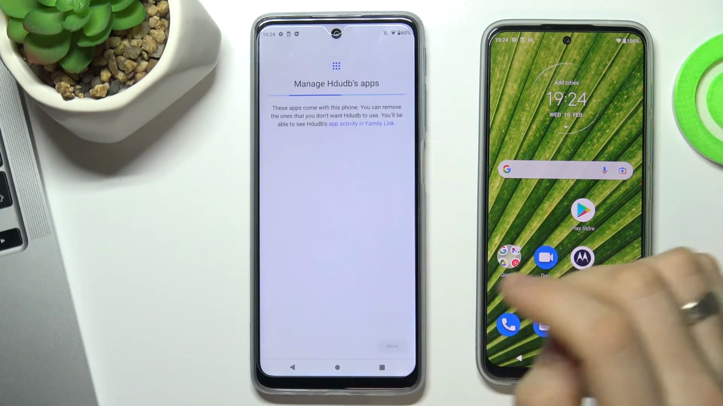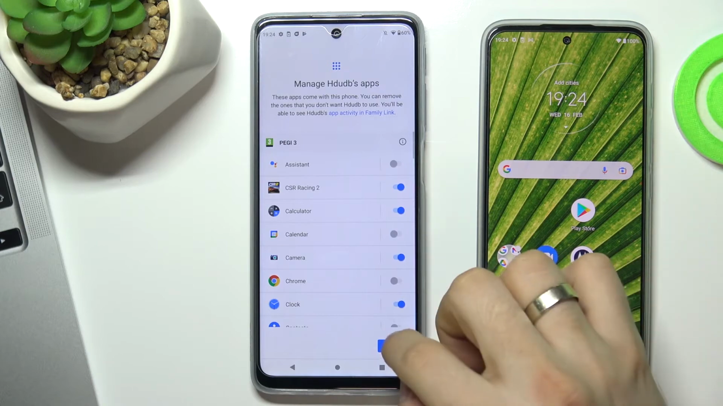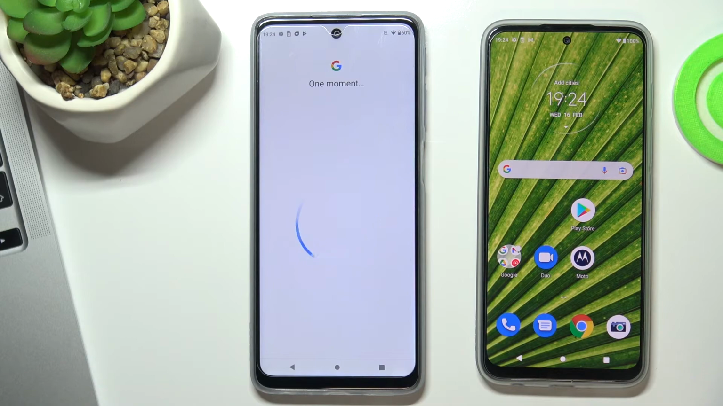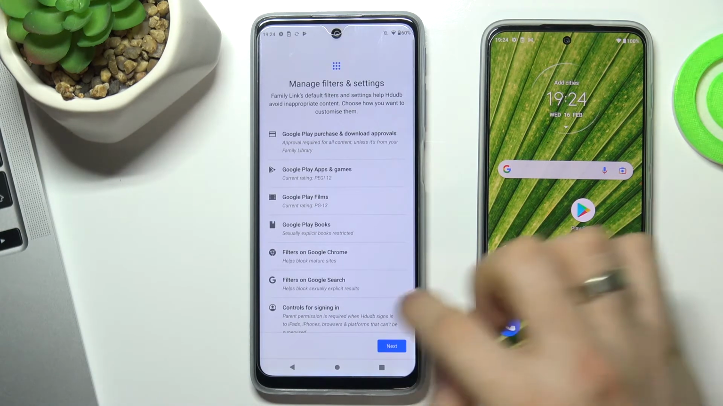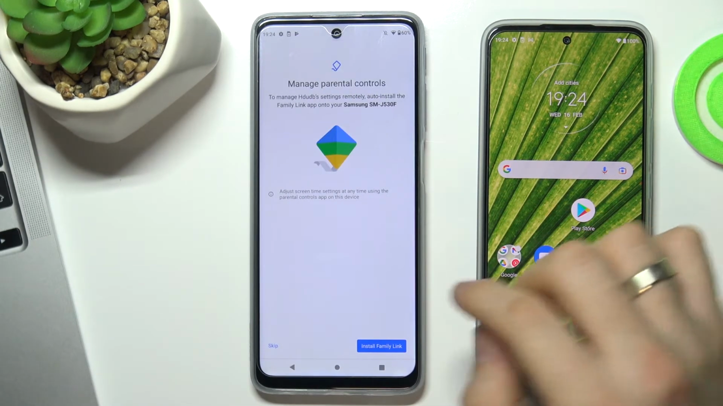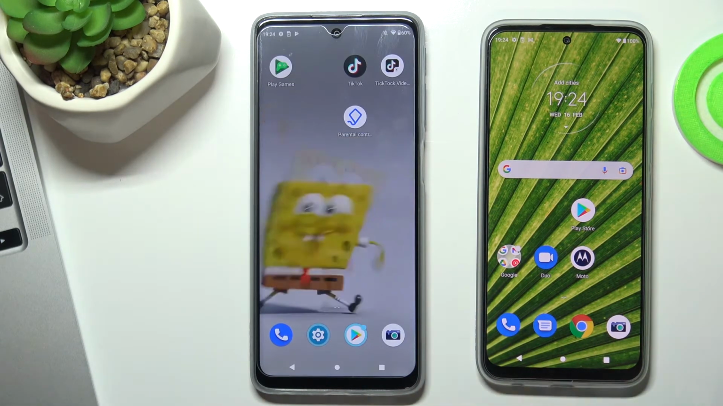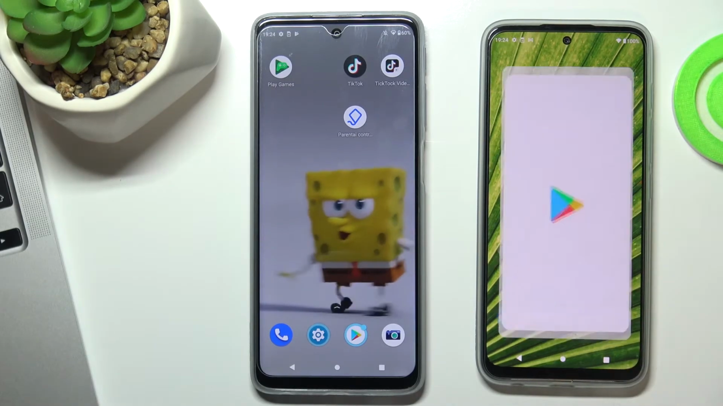Cool. Choose next. Wait a while. More. Next. Scroll down, choose next. Skip. Go to home. Okay, and now on the parent's phone you need to open